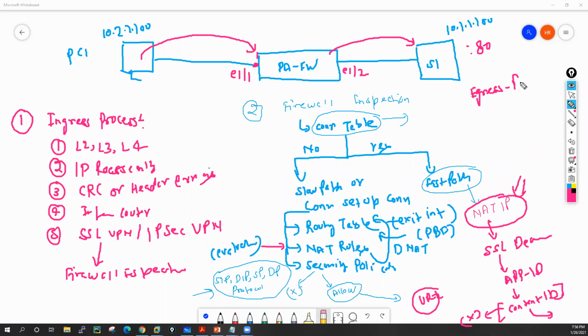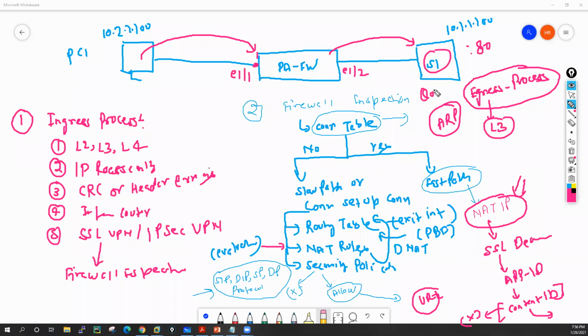This is the last process of your packet flow. In the egress process, they will do the L3 lookup. In L3 lookup, they need to perform the ARP, right? The firewall needs to perform the ARP for this particular server. If we have configured quality of service, then QoS will be applied at this point of time.